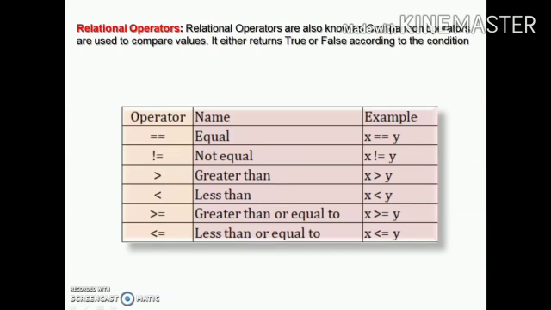Next operator is relational operator. Relational operators are also known as comparison operators, are used to compare values. It either returns true or false according to the condition. Equals to, not equals, greater than, less than, greater than equal to, less than equal to. As you can see, double equals are used for comparing the values and single equal is used to assign the